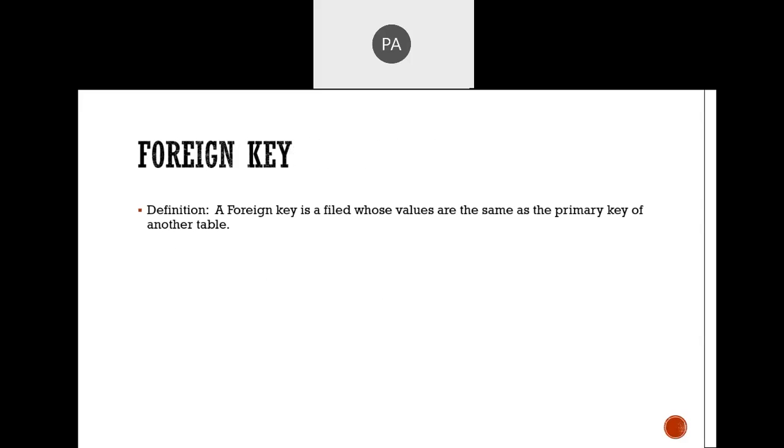Now the foreign key plays a very important role. In a DB administrator's work, we are storing lots of data, and the attribute size should be mentioned.